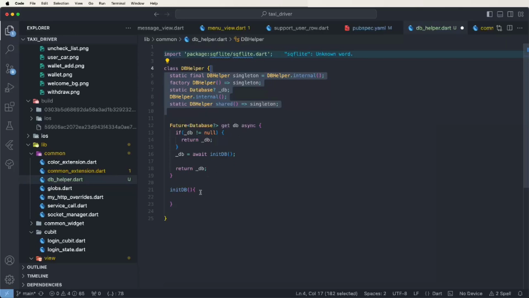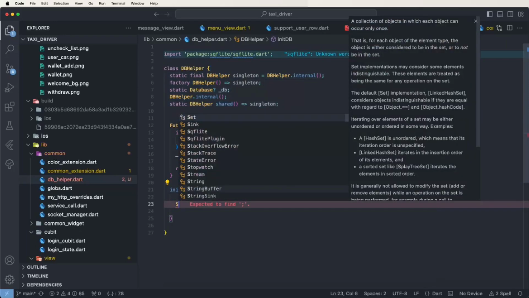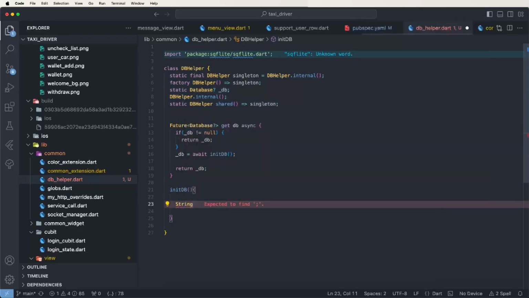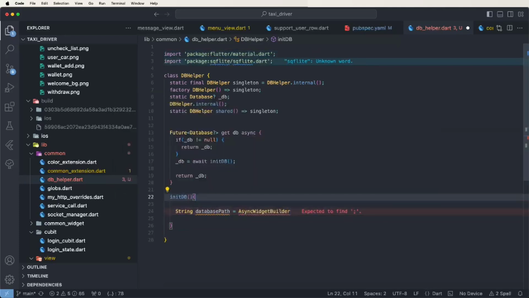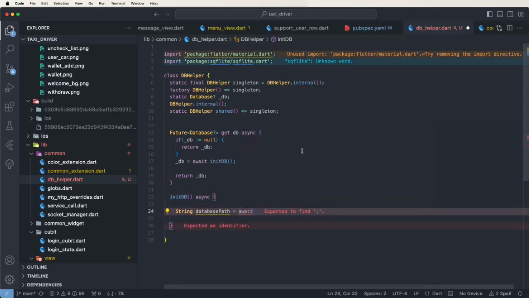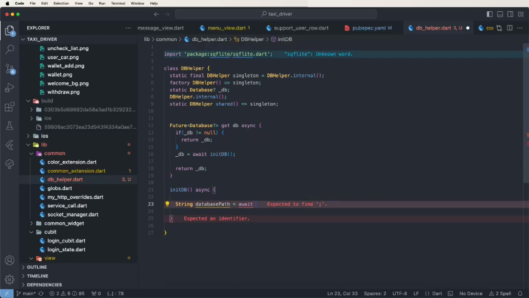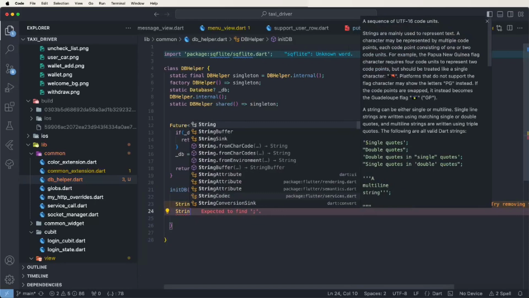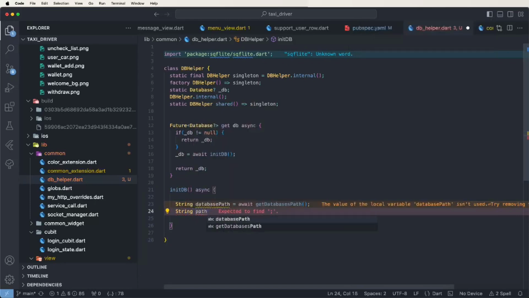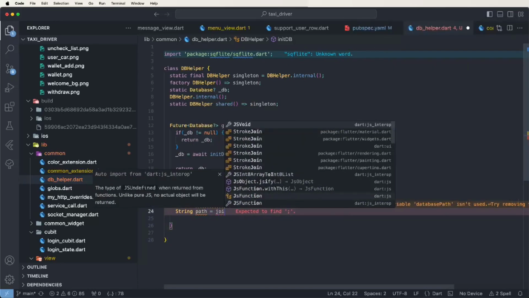And now we need to get the database path first of all. Write down the string databasePath is equal to await, always give the sync methods, and write down await. We need to get the database path, we need to get the string, and give the path is equal to